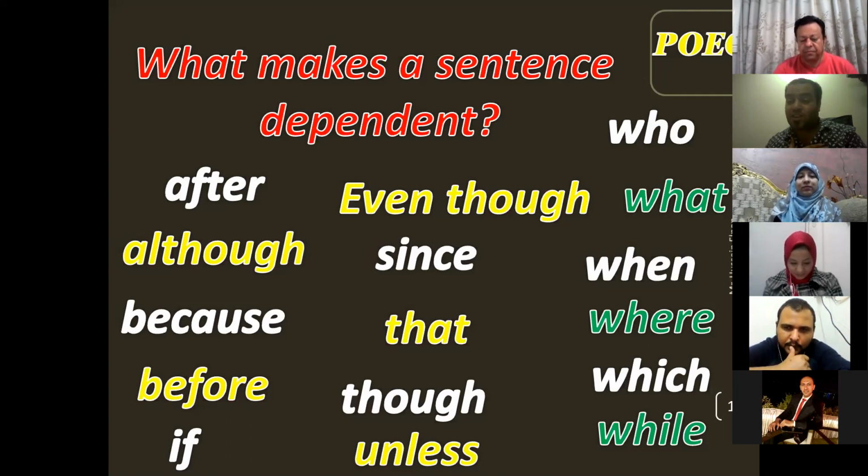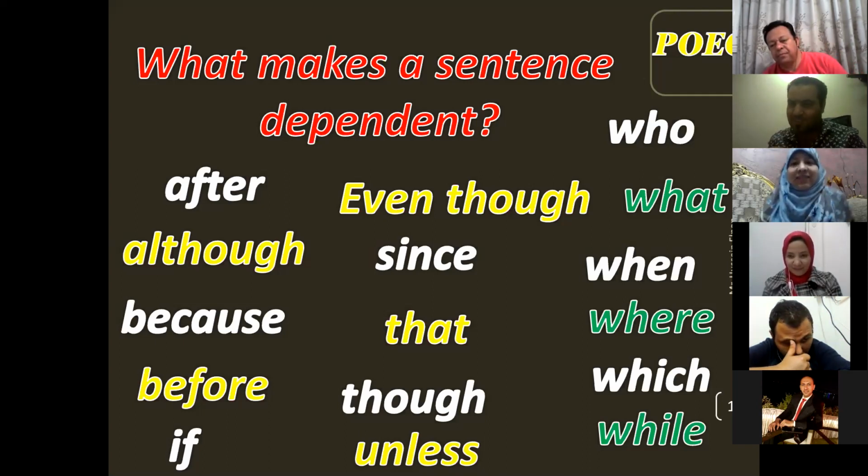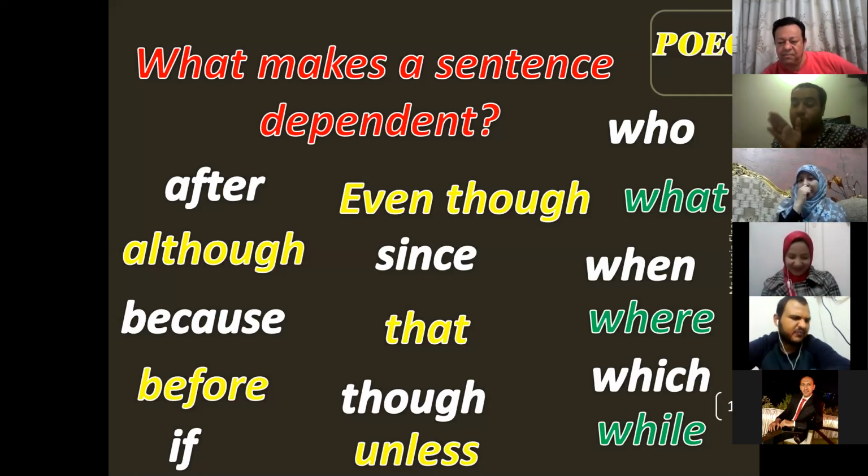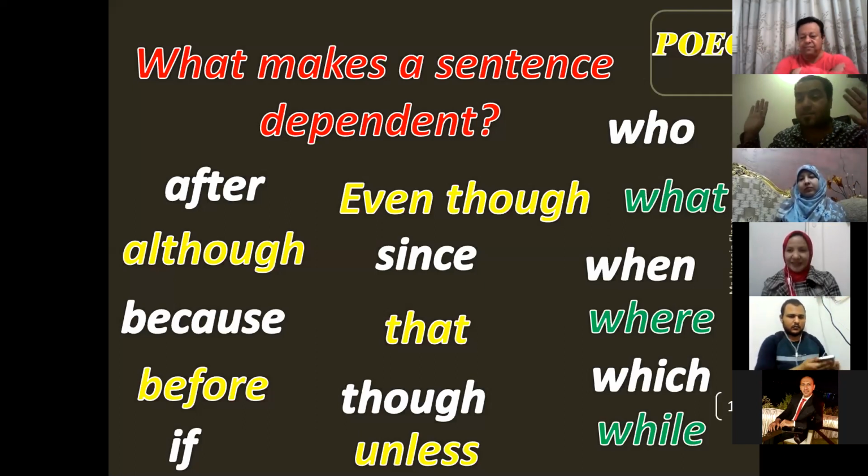If I'm going to change it into an independent clause, what was the sentence? Because I forgot. Before I get it, right? So how can I change it into independent? Completed. You have to ask Aya. No, I'm not going to ask Aya. I'm asking everyone here. Omit the link. Remove the subordinate. Remove the linking word. Remove after or before. I get it. That's it. So easy. Thank you so much, everyone.